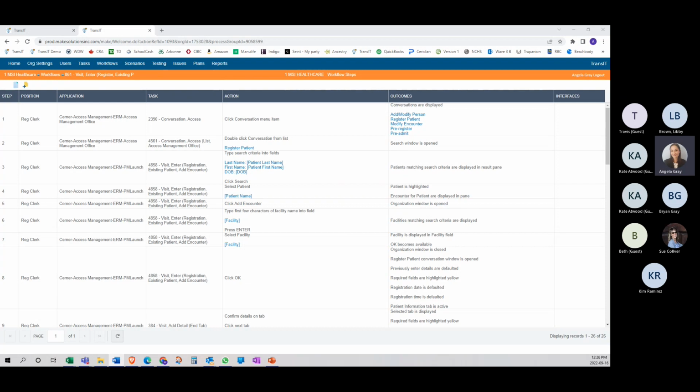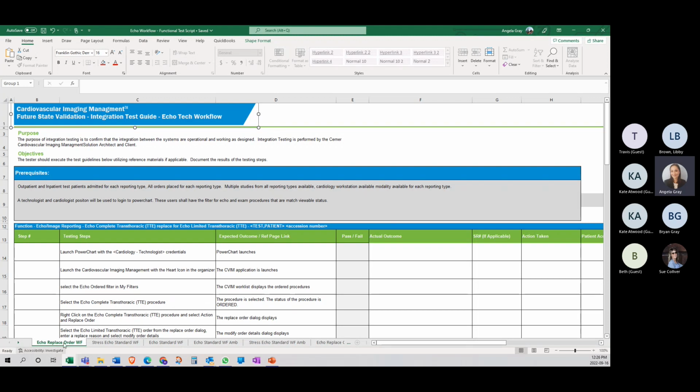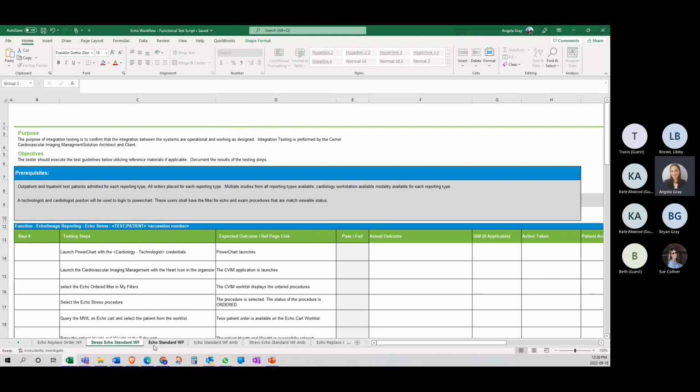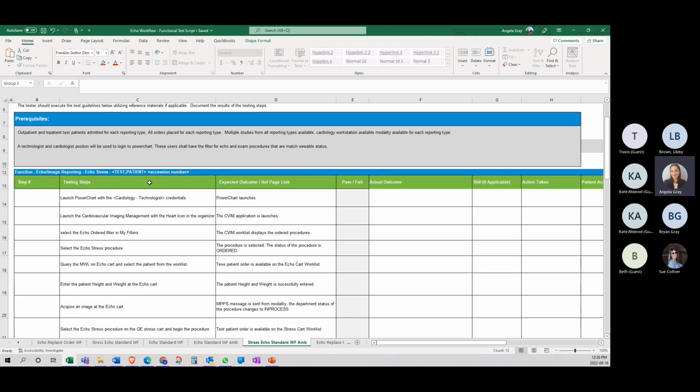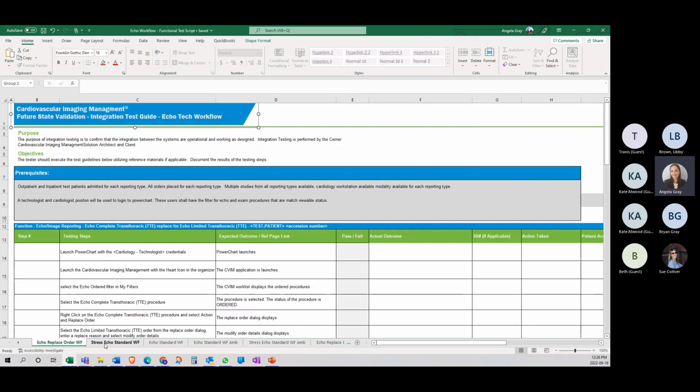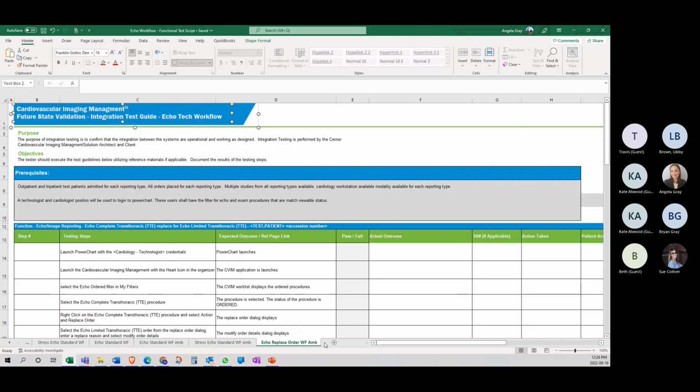So I've got a few spreadsheets that I'm going to open here. So this spreadsheet here is for the different workflows for Echo. This is just an example that I have. And so this spreadsheet came from the vendor for the different workflows that are needed for this particular project. So what you'll want to do is you'll want to open our